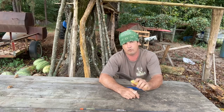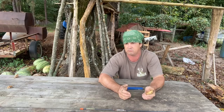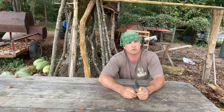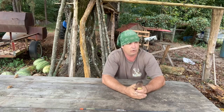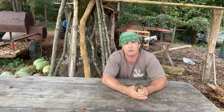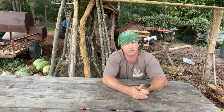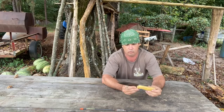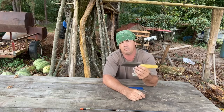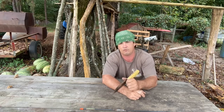So this knife will stay sharp enough for me to do what I'm gonna do with it, skinning stuff, bushcraft. I'll usually sharpen it before, if I'm leaving to go camping overnight, I'll make sure my knife's sharp before I leave. I don't sharpen it every day. I won't have to. It's not gonna be that weak. It will be probably as good as most average knife that you just buy off of a shelf at the